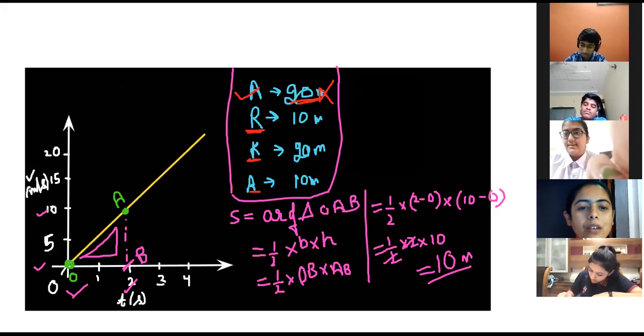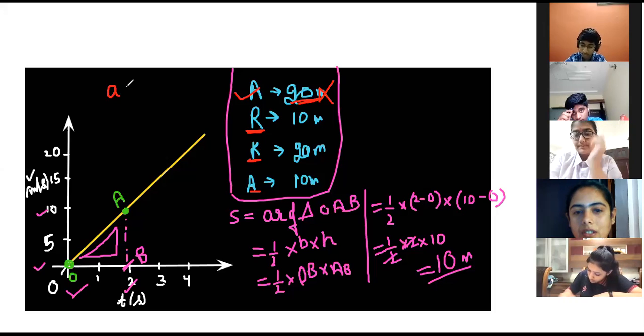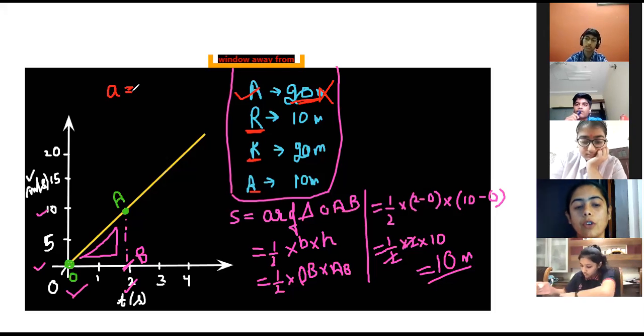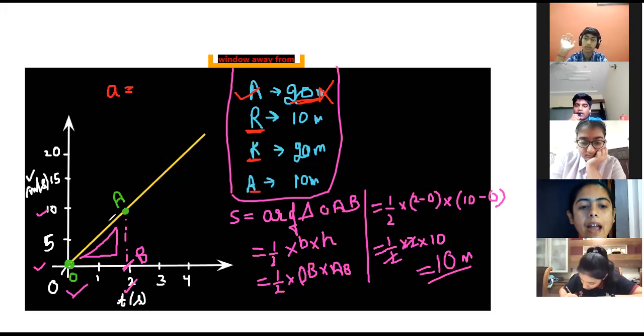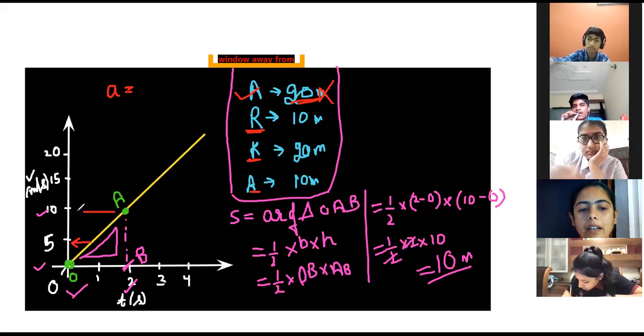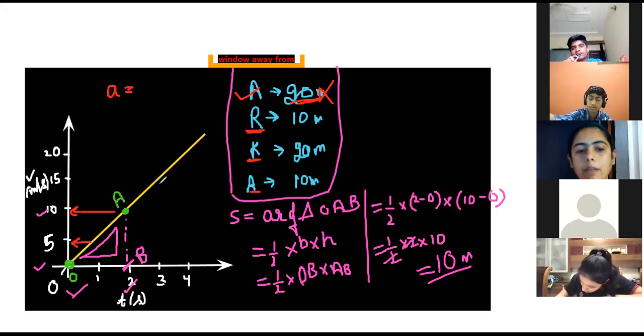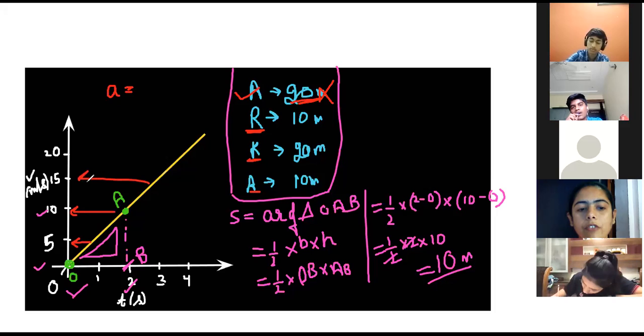Chale. Now we are going to have acceleration. In this graph, if you want to find out acceleration, see, at every point, if you check here, velocity is 5 meters per second. If you check here, velocity is 10 meter per second. If you check here, it is 15 meter per second. Means there is a change in velocity. So there exists acceleration. Acceleration will definitely come here.